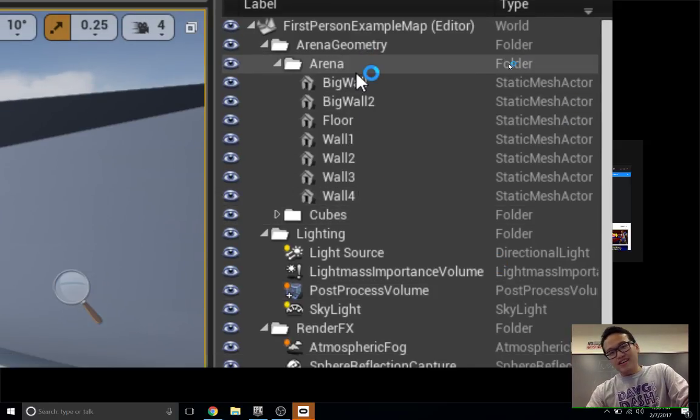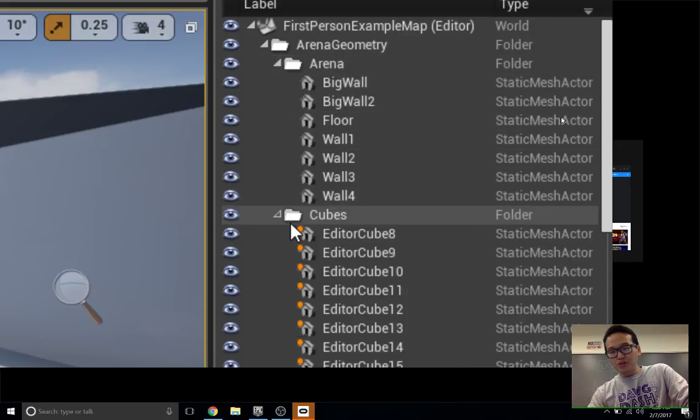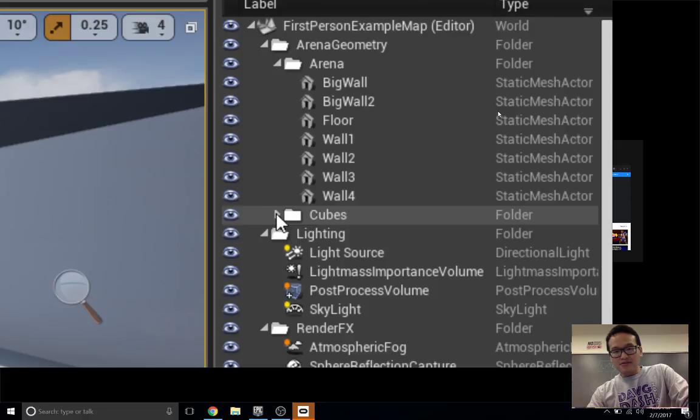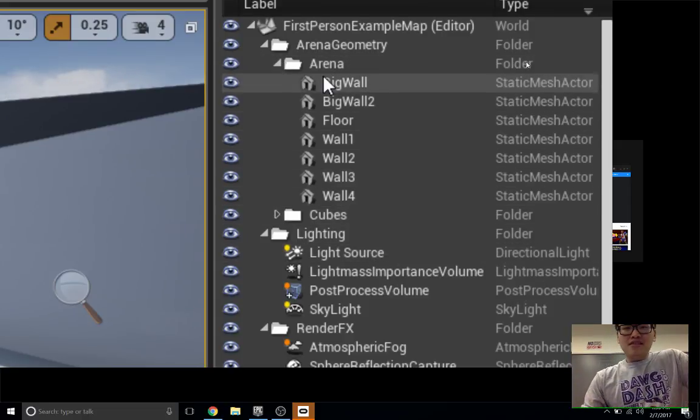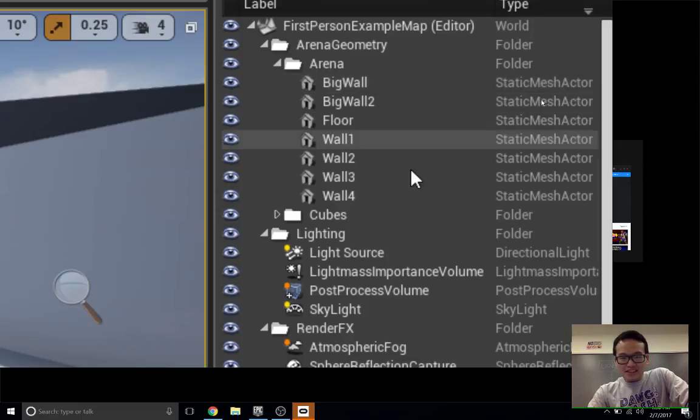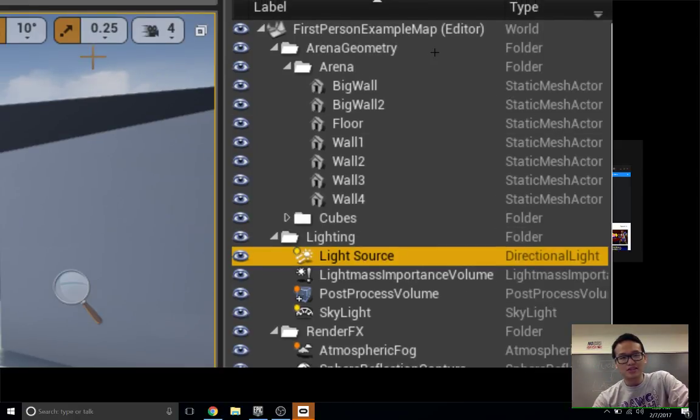They put a bunch of stuff inside of the arena, a bunch of random cubes and stuff like that. You guys will note that this is also a scene graph, so if you parent things, it will act like any scene graph you've seen. This is also an actor, but of a light source type. It's called a directional light, so that's why you see the sky over here.